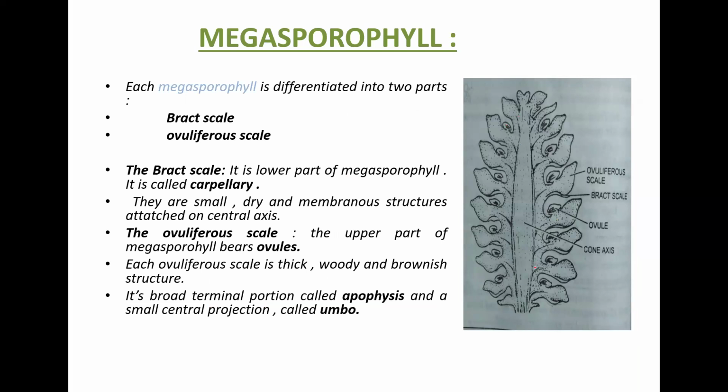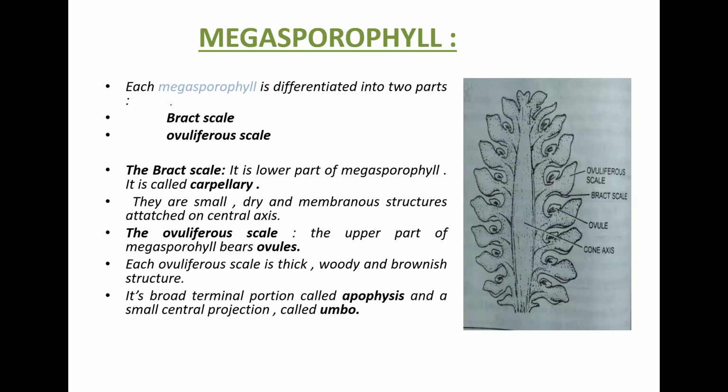Now, how is this megasporophyll here? It is going to have a central axis, just like the male cone. And these are the leaves, we call them the megasporophylls. And each megasporophyll here is going to consist of the ovules, the ovuliferous scale or the ovule. Now, each megasporophyll is differentiated into